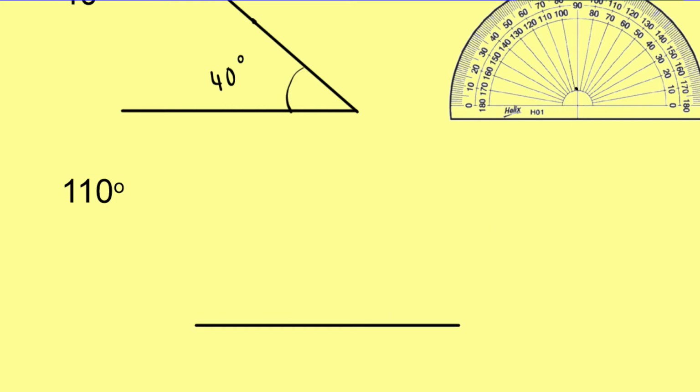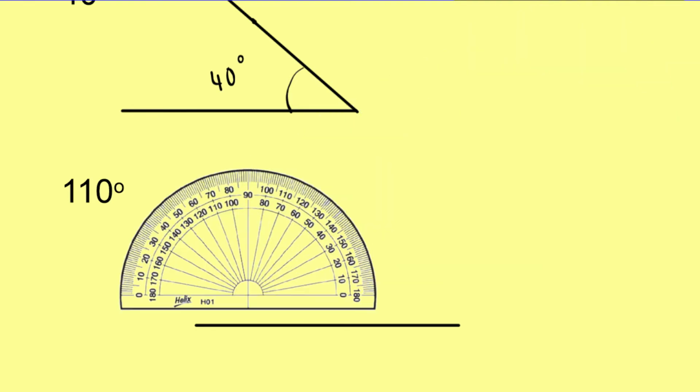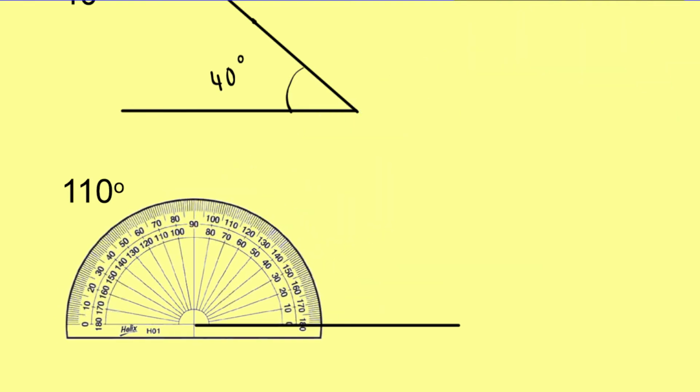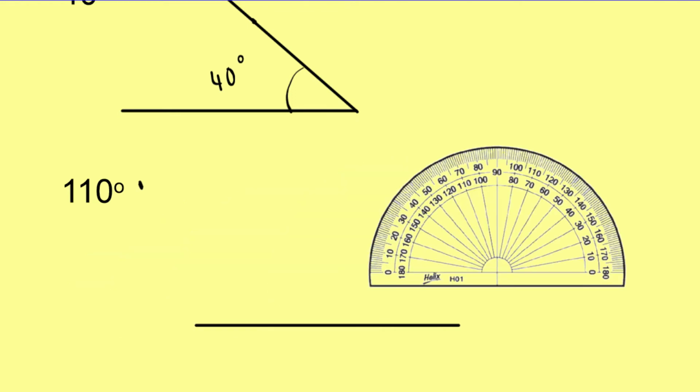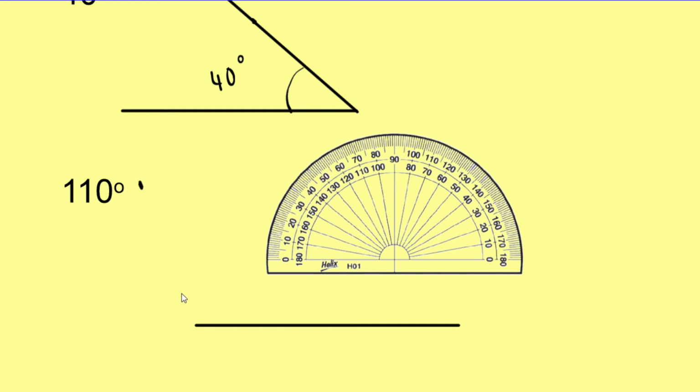So for an angle of 110, I'm going to draw a straight line. I'm going to put my protractor at the other side this time. So I'm going to put it here this time. And I'm going to measure from the inside numbers again, 10, 20, 30, 40, 50, 60, 70, 80, 90, 110. Okay, I'm going to make a mark at 110. So there. Move this off. With my ruler, draw a line from the corner here, up there,